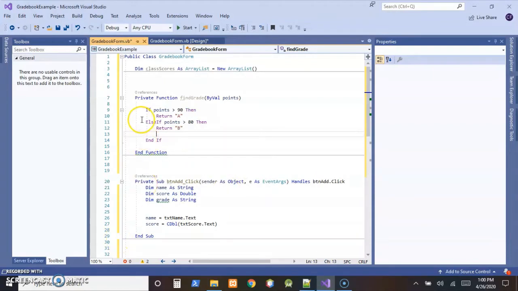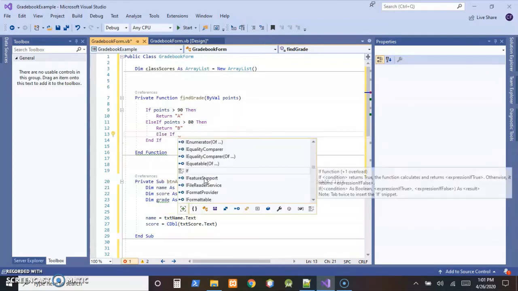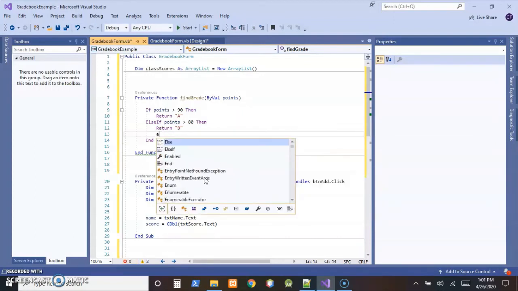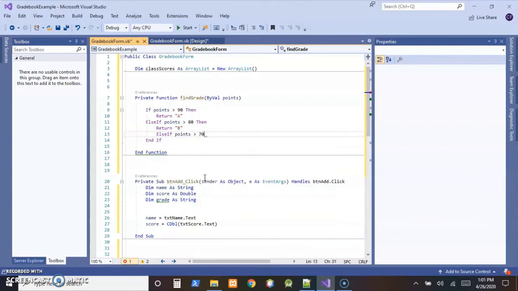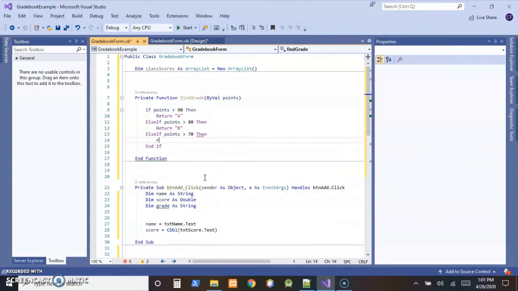Notice how it undid that ending. So here where I'm at, I'm just going to type else if. If you forget and actually put it in two words, it'll correct it in a moment. Like else if points are greater than 70, then